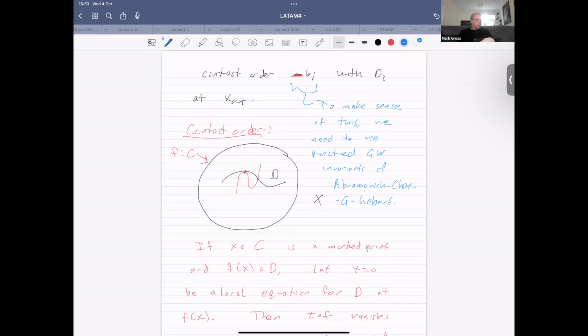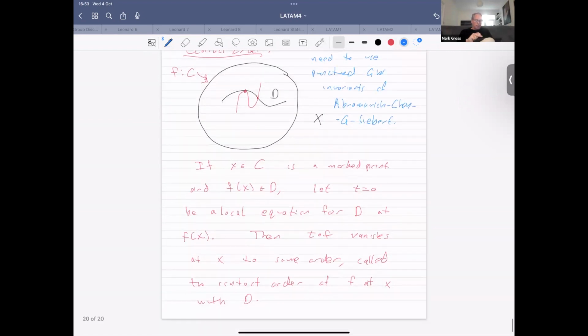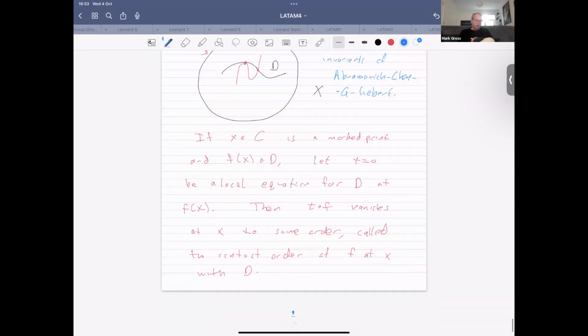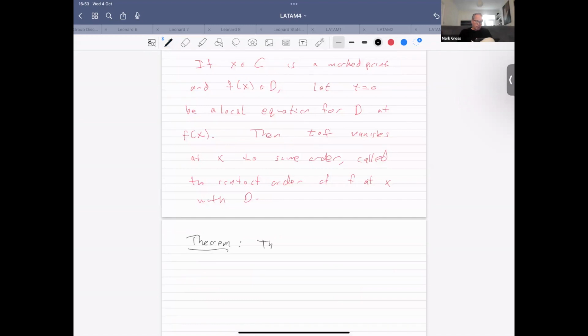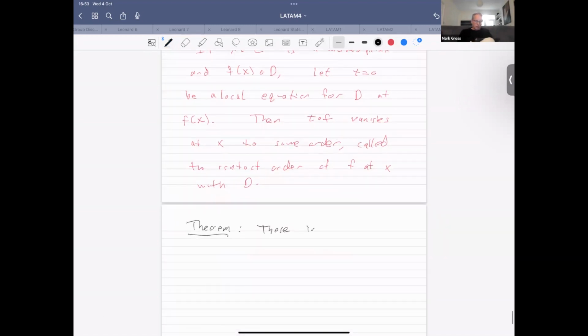So the theorem here is that these invariants can be defined